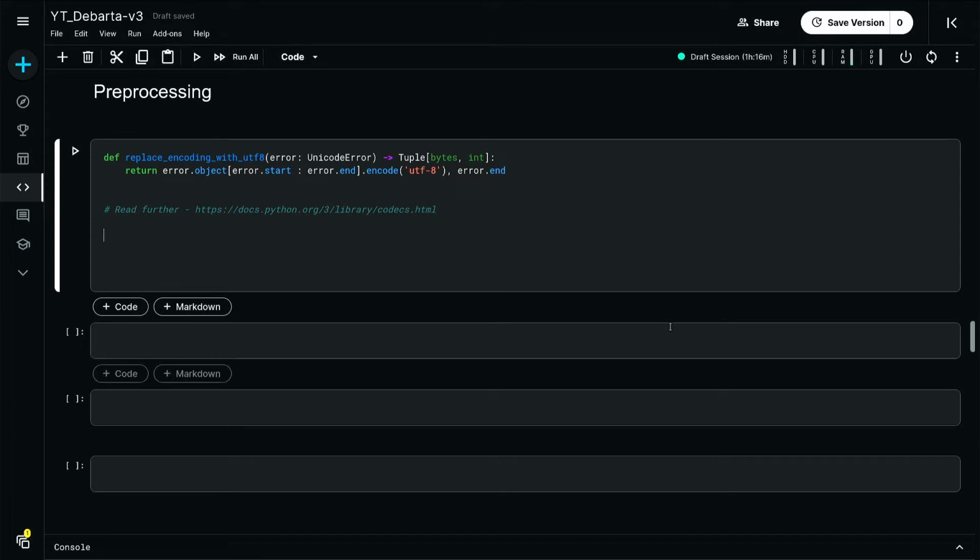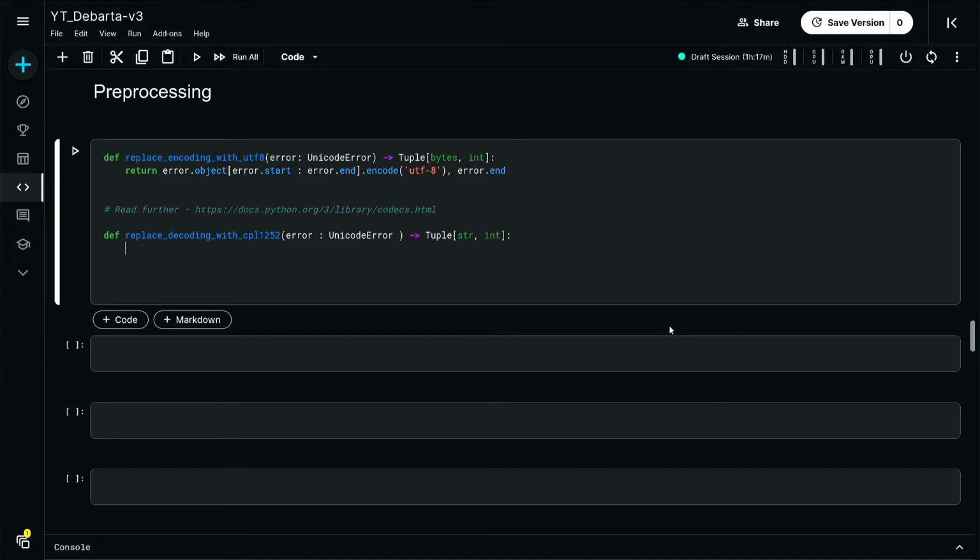So next I'm going to replace decoding with CP1252.